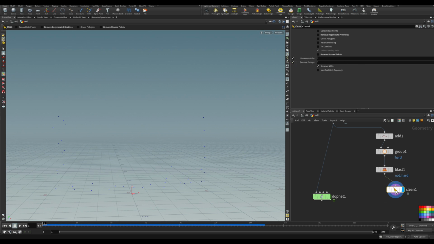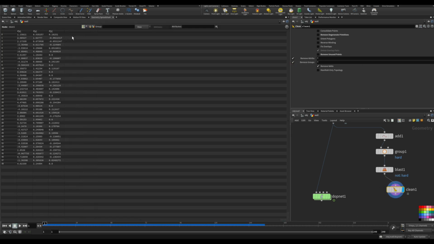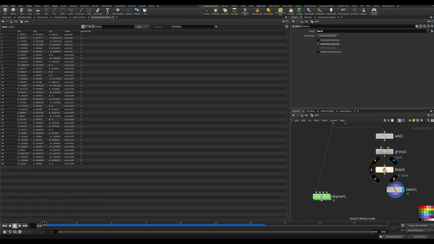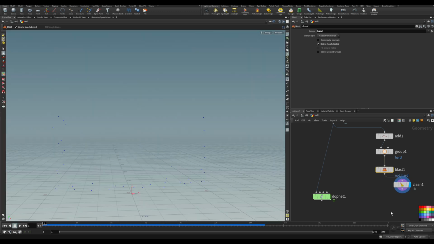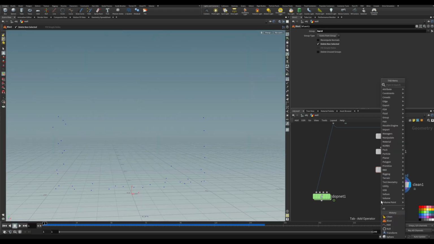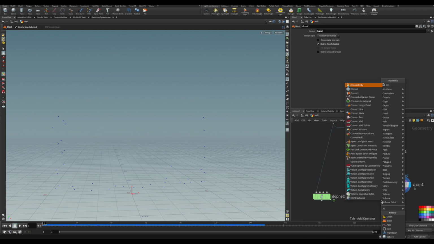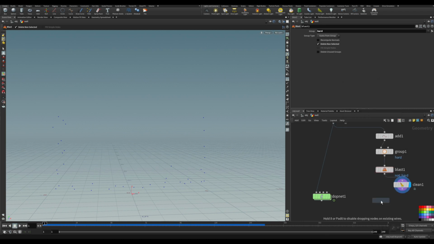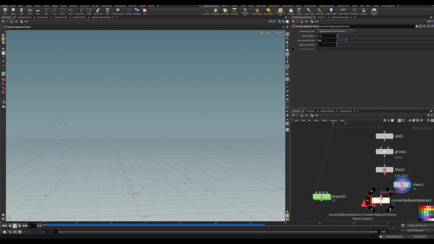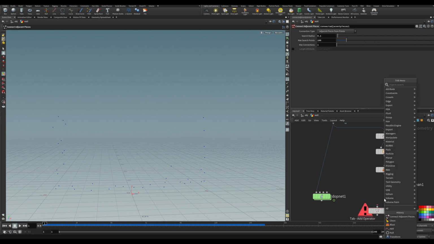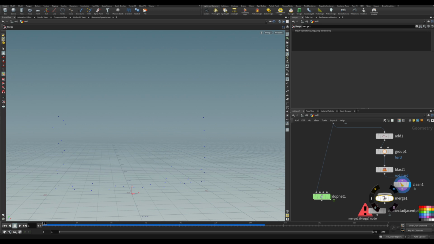So what we do is we put a clean node there. So now we only have attributes from one side of the piece geometry. And let's put down here connect adjacent points. And that is going to create the piece of geometry that we need as the hard constraint. Well, I just forgot to put here our merge. So we have the inputs of the two nodes, the two points. And if you connect now,